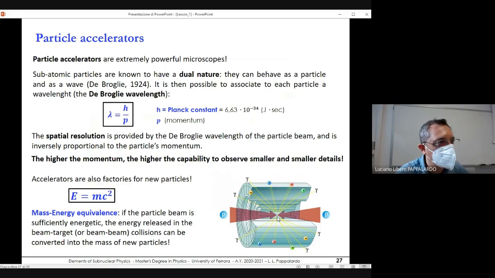And this is essentially the reason why the Large Hadron Collider was built, because there was a quest for the search of the Higgs boson, at least, and also for supersymmetric particles, whose mass was expected to be higher than could be reached from other laboratories like Fermilab, etc. And so we need to push ahead the energy frontier in order to be able to produce such massive particles. Of course, we also take into account not only the mass of the particle, but also the probability, so the cross-section, to create it, which is extremely small.